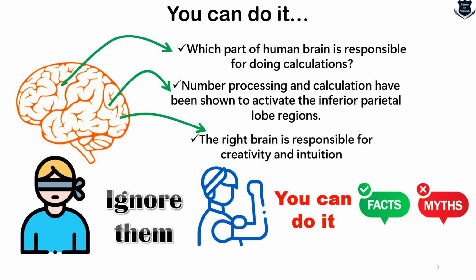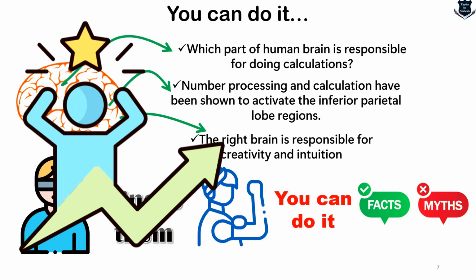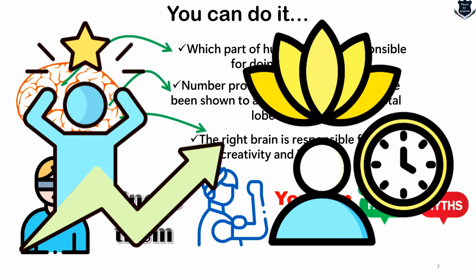So my suggestion would be: break the myth and look into the facts. The two things that are essential for doing good mathematics are, number one, staying motivated, and number two, a level of patience. So let us discard all those myths, and what part of the human brain is responsible for doing mathematics, because here we are dealing with the minimum mathematics and I can assure you, you can do it. Just be motivated, believe in yourself, and have a little bit of patience, because, as I talked about in my earlier video, this is a kind of science which accumulates slowly, step by step. So it needs some amount of time.